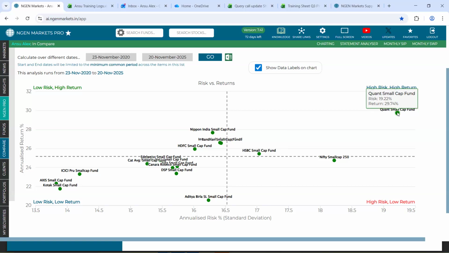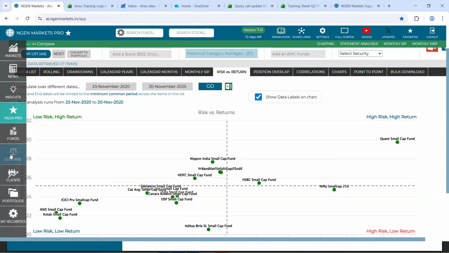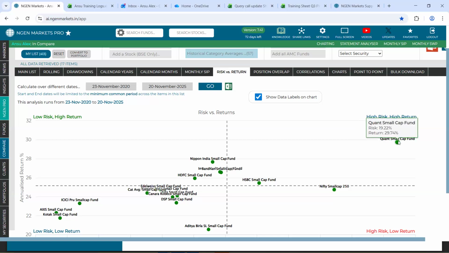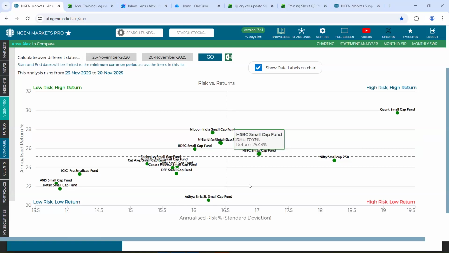Now, this is a relative plotting that we are showing. What do I mean by relative plotting? We are plotting the position of each fund with respect to the other funds that have been brought into this compare section. That is to say, Quant's plotting in high risk, high return is relative to its position to the other 16 odd funds in the compare section. The moment I change the time period, or bring in some other fund, this plotting will change altogether as well. Hence, we call this plotting relative, which says that each fund's position is relative to the other funds' position and movement.